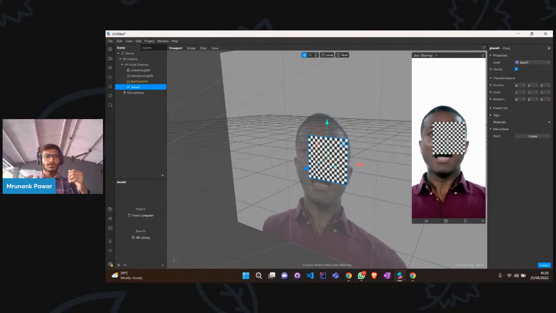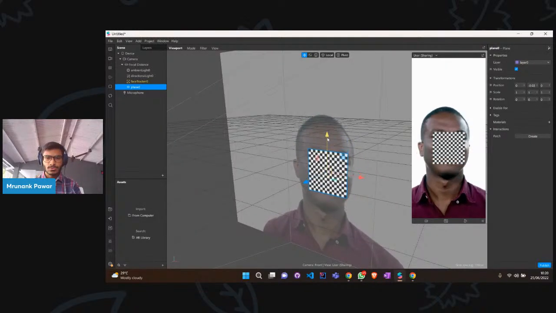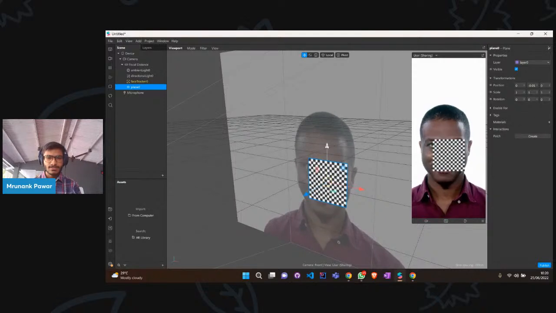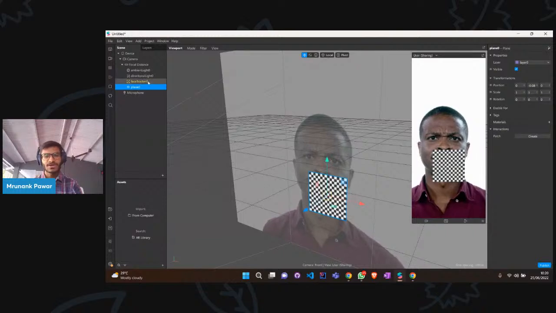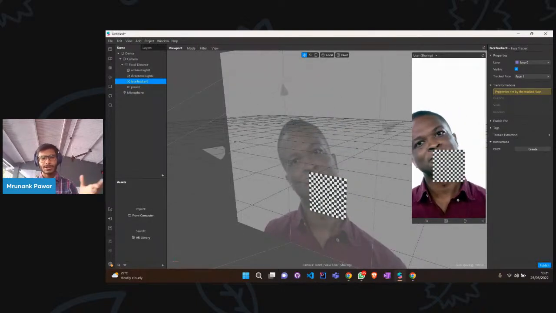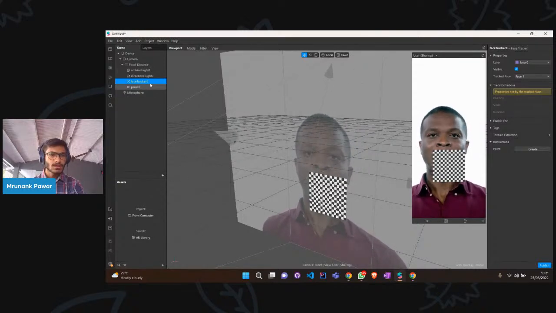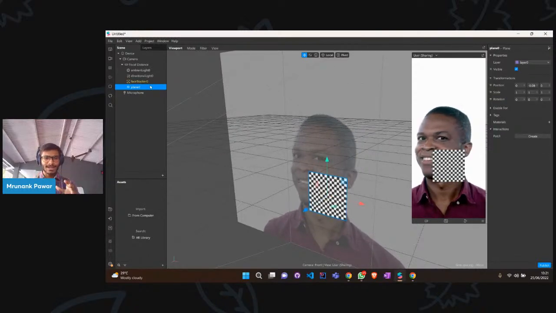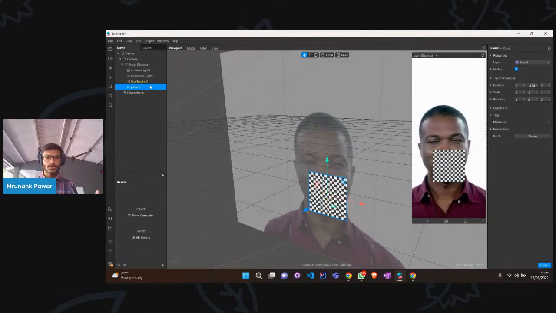That's because we have the plane added, but if you can see, I will just change the position. I have the plane here, but it's not getting tracked by my face. Even if I move my head, it's not getting tracked. And if you see, the face tracker is still there. There are three axes which are moving with respect to my face position. So for making the plane get tracked by the face, what we are going to do is